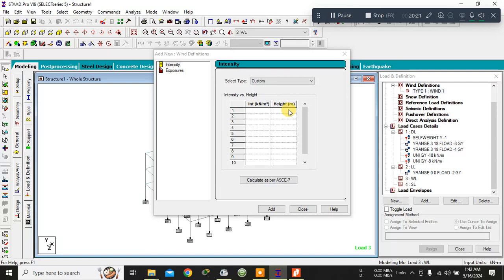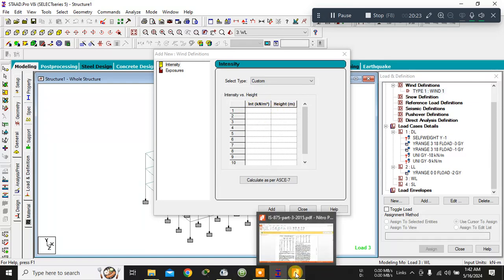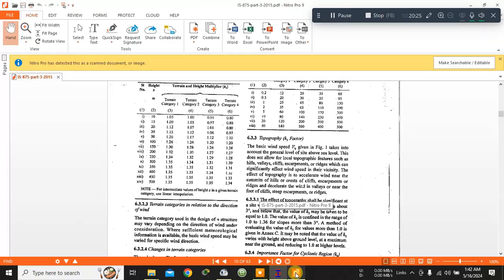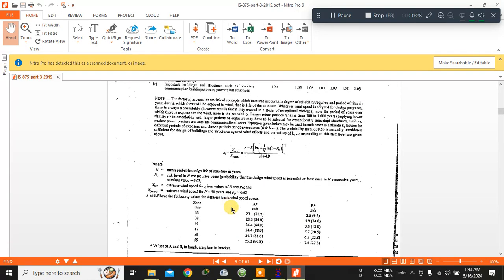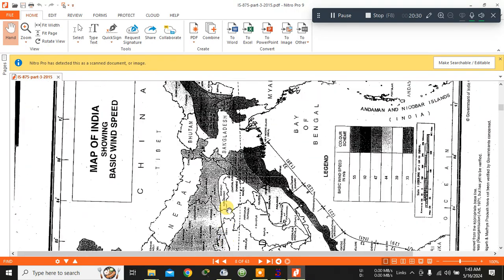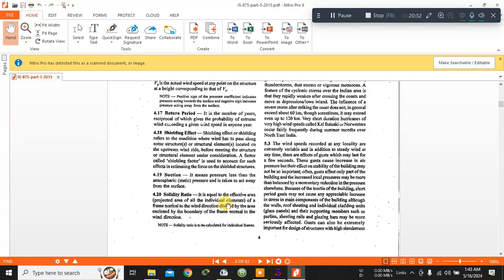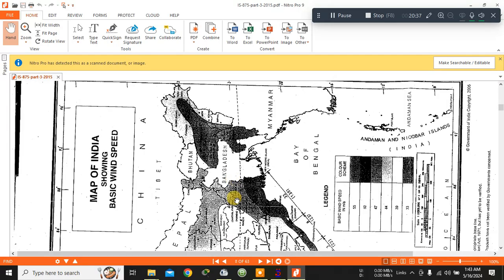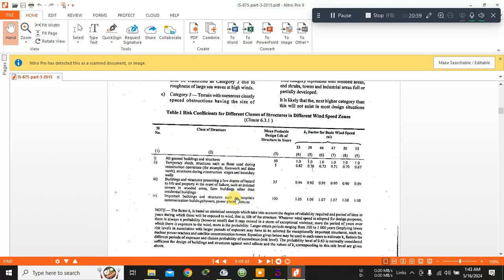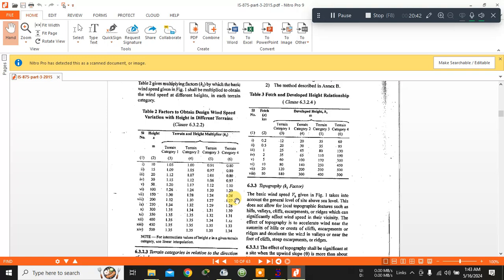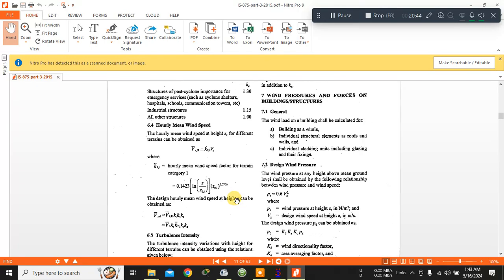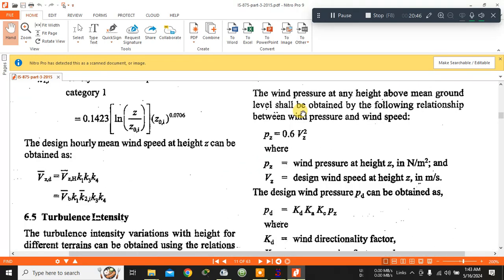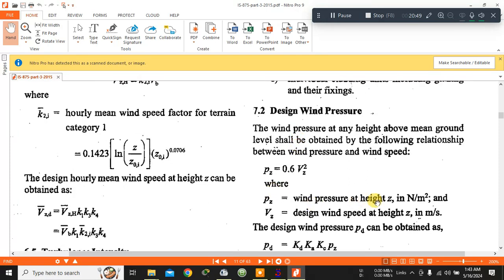So height and intensity. But if we are doing the manual calculation, then as per my code, that is IS 875 part 3, we need to calculate PZ. PZ is the wind pressure at height Z in Newton per meter square. So this is the intensity. So PZ is equal to